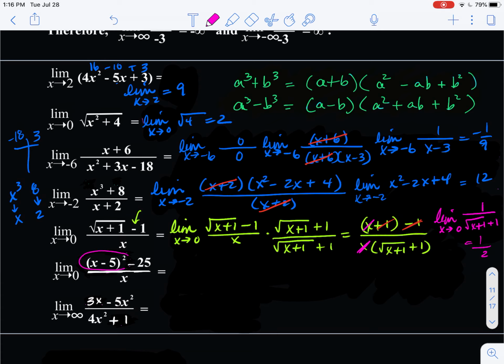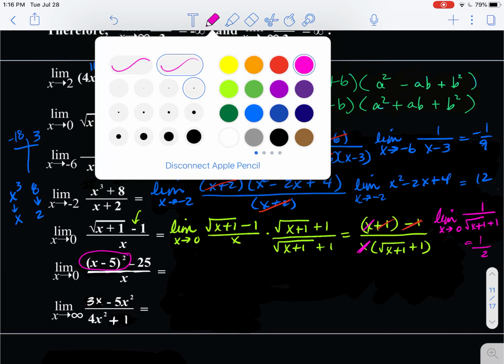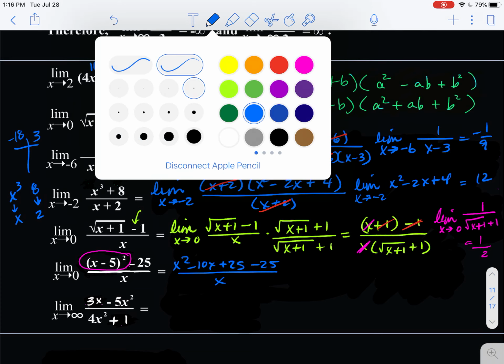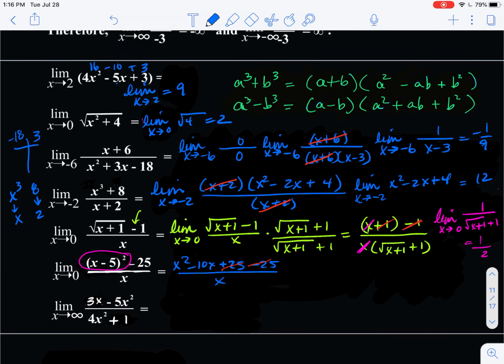Okay, 2 more. In this next problem, again, if I do direct substitution, I've got the indeterminate form. So let's go ahead and let's work out this binomial. So I've got the x minus 5 times x minus 5, and that's going to give me x squared minus 10x plus 25. I can see right away that my 25s are going to cancel. And so I've got the limit. Oh, and also let's go ahead and factor an x from the numerator. That'll cancel with the x from the denominator. So really what I'm looking at is the limit as x approaches 0 of x minus 10. Now if I do direct substitution,